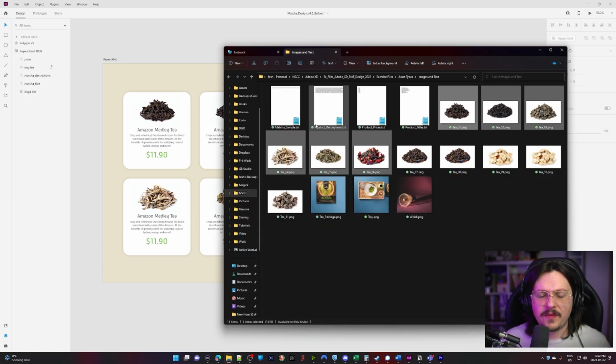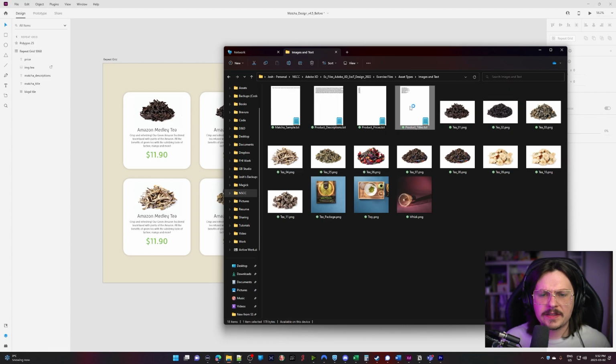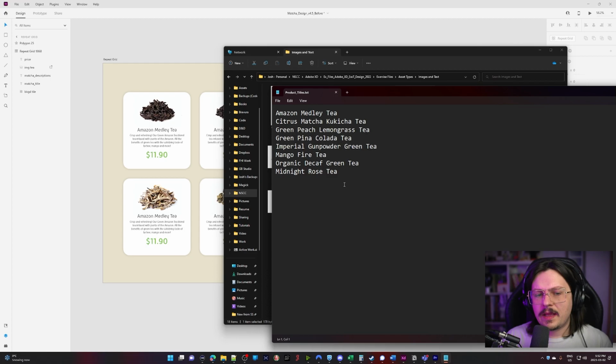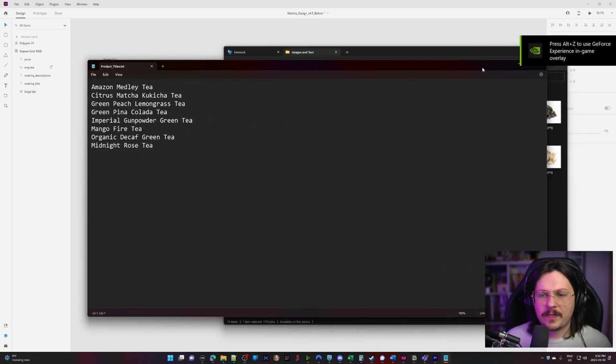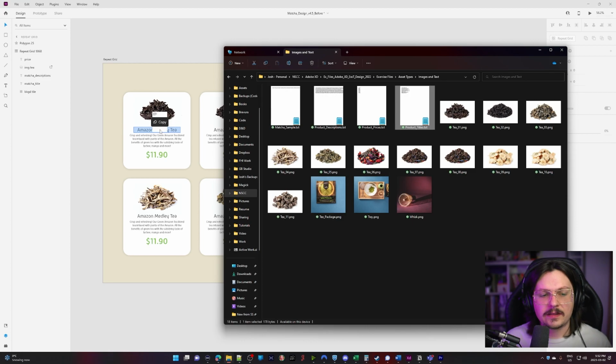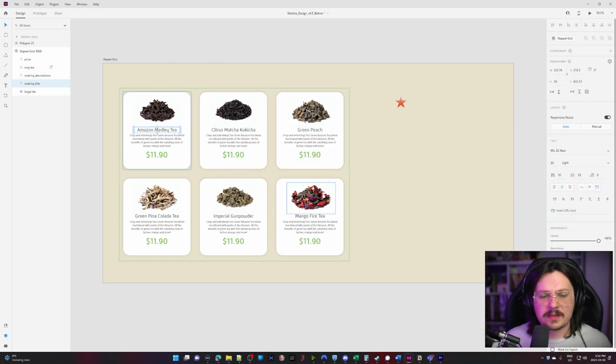I have some text files here as well, and the text files really just contain, if you can see here, one name on each line for my teas. These are my product titles. I can go in and I can grab one of these product title TXT files and drop it onto the product titles on my list. When I do that, each one of these product titles change based on each line that I had in that